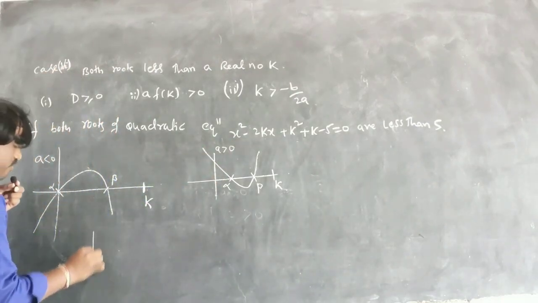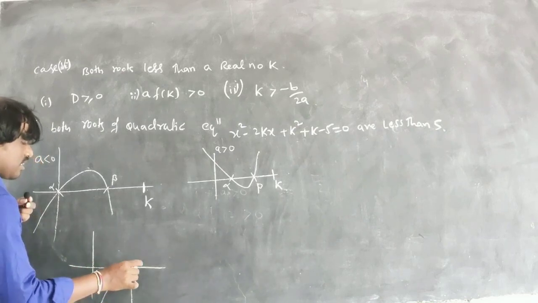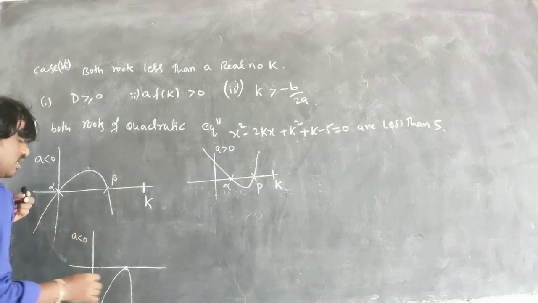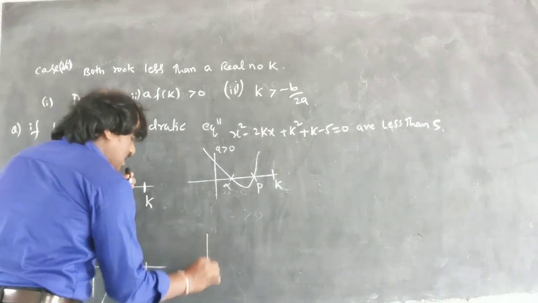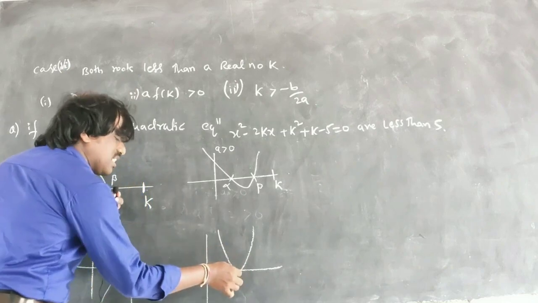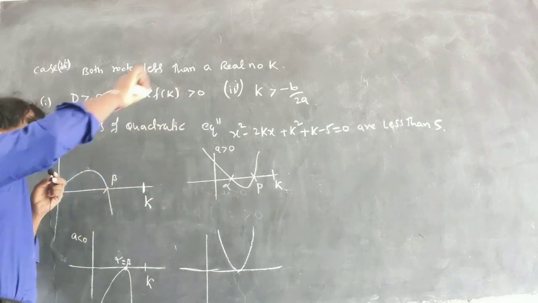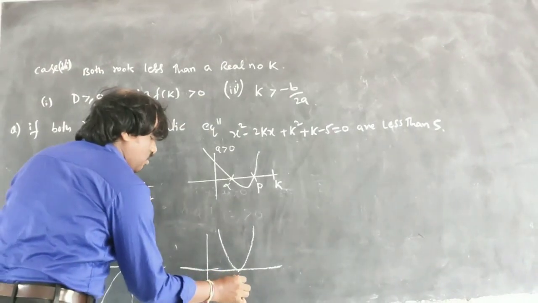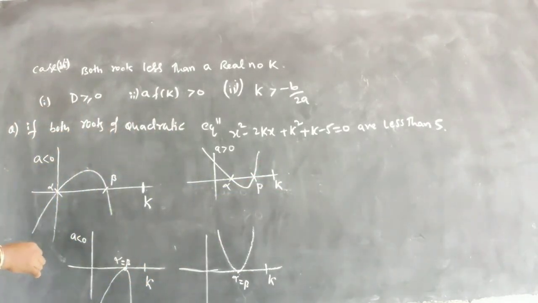Now another case can be formed: the parabola may be touching and moving here. In this, a less than 0 condition only, then here k is here, and alpha and beta are equal here. Another case can be formed where this root goes this way, this is alpha. It's not necessary that I am touching here. It may touch here, on this side also. It's not on the x-axis anywhere. So here alpha is equal to beta and this can be taken as k. K must be on the right side. Then I can say both roots are less than a real number k. So in these cases, this is the location of roots.